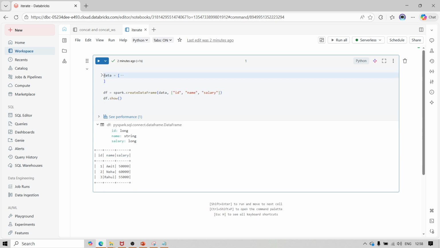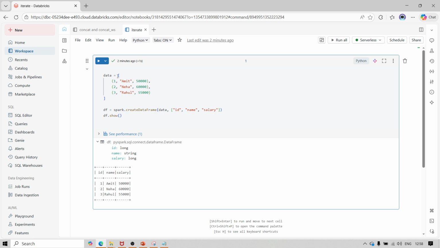So we just created a data variable. The data variable must be in square brackets, and after that we can use round brackets for each row. So we have three rows, and we want to read the first row, that is id number 1, then the second row, Neha, id number 2, and salary, right? And then we want to read the third row. So we created a data frame. This is the data variable we pass, and this is the actual column header name, and then we just run the code, and this is the output we get,